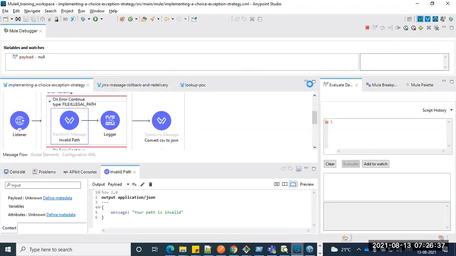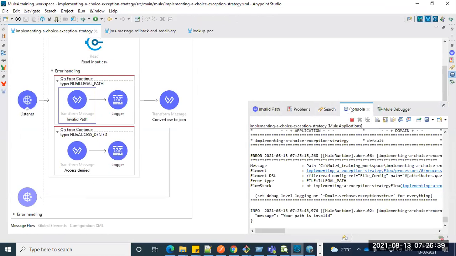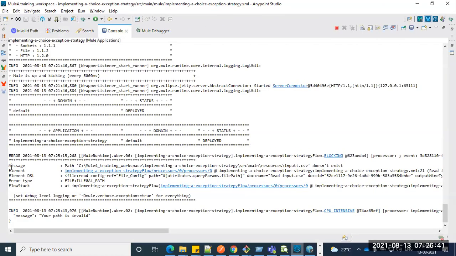We're not giving that information, what the original error is. We're not showing that. Illegal path, right? Whatever error type you're getting, we are customizing it, because the end user doesn't understand if you share that. For example, if you go and look into the console, here you can see the entire error coming.